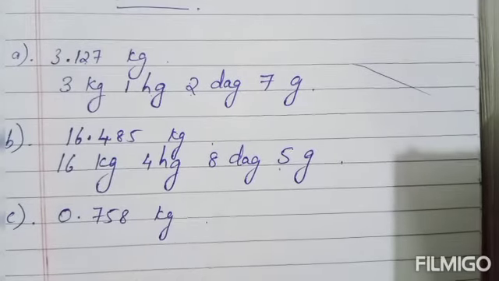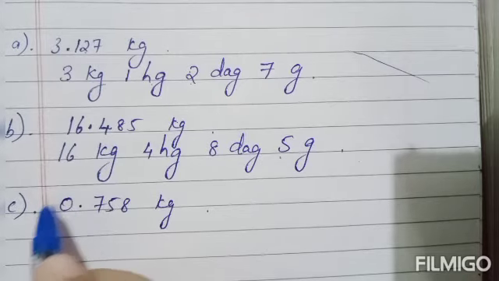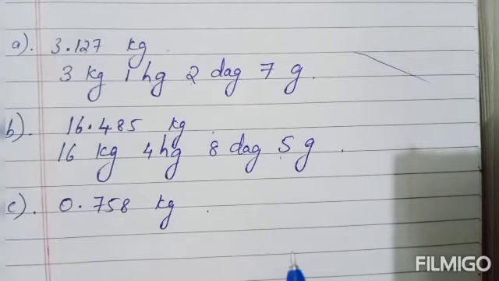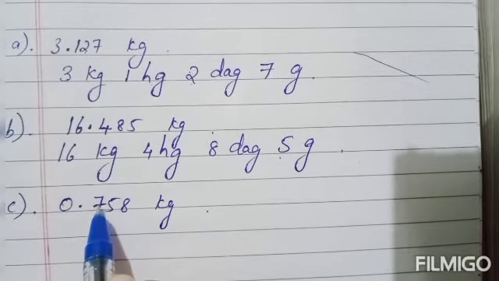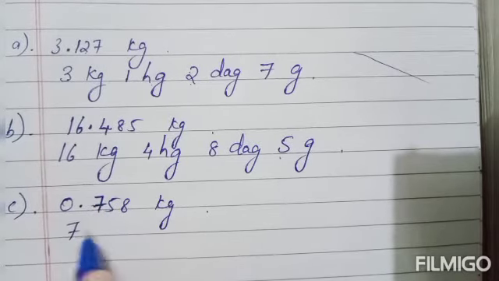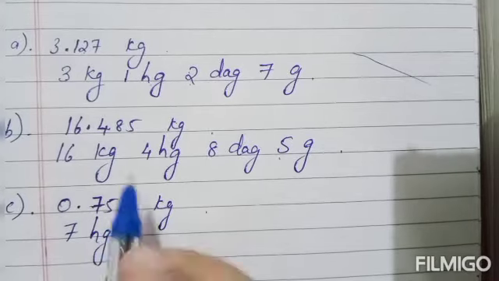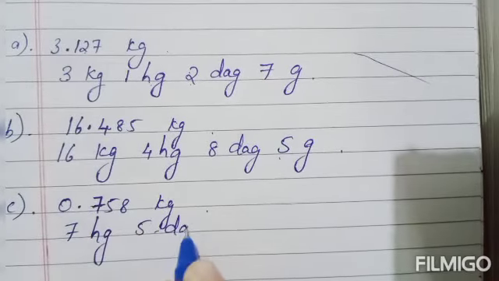0.758 kilogram. So here the number that is coming before decimal point, it is 0. So 0 kilogram it is. Okay, no need to write that. Next after decimal point, 10th place it is hectogram. Okay, so 10th place digit it is 7. So 7 hectogram you can write. Okay, now 100th place it is 5. So 5 decagram. Okay, now 1000th place it is 8. So 8 gram. Okay. Next D,